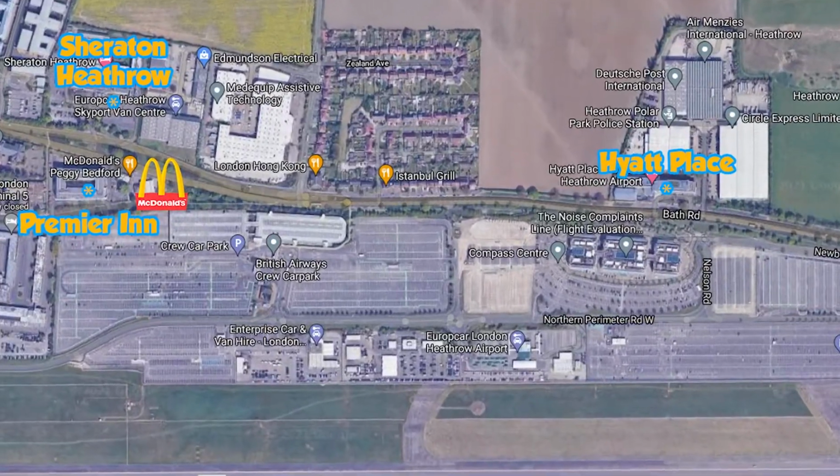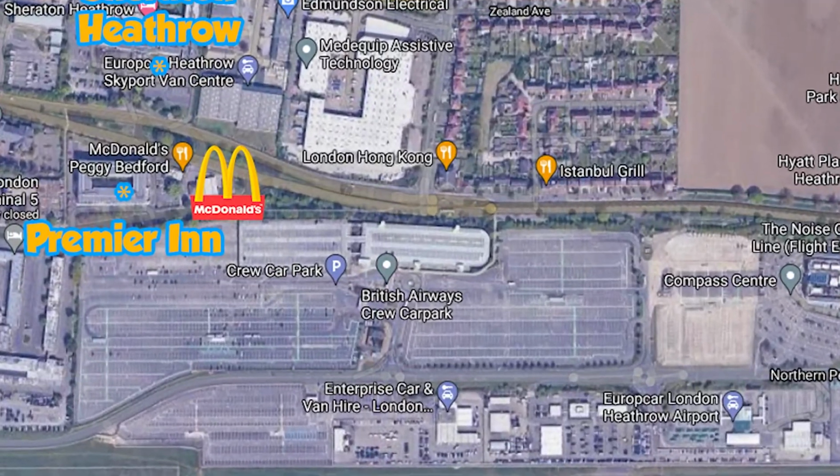You've got a few more up there. But like I said, there's not as much in restaurants and things around as the other end. There is a McDonald's, however, literally right next to the Premier Inn, Terminal 5. Again, sounds like my idea of heaven. As for restaurants for the on-site Heathrow Airport hotels, the best thing really, I would say, for eating